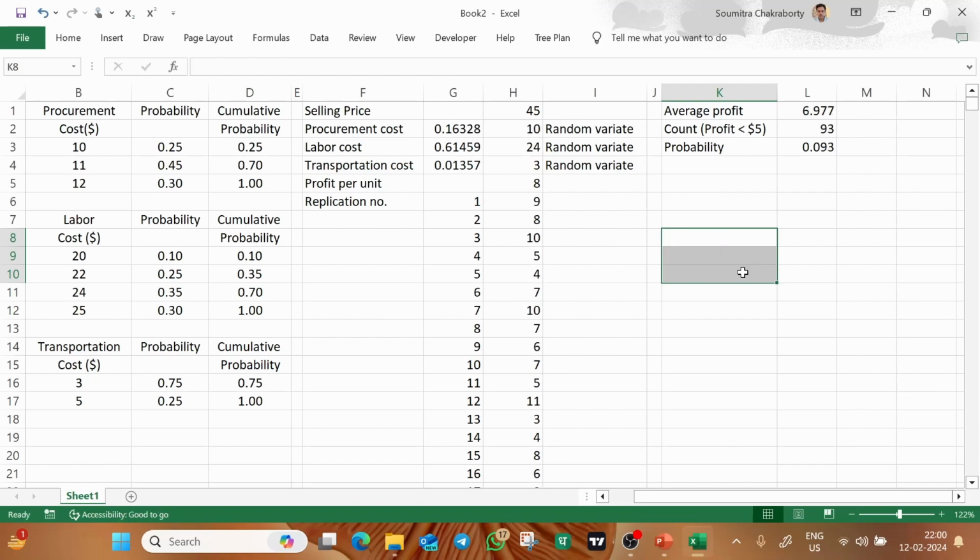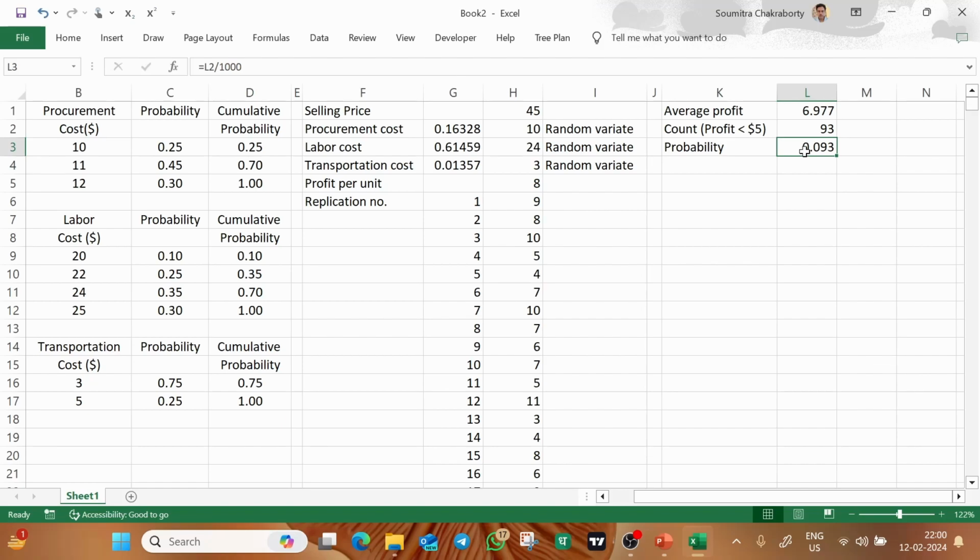So if you have watched the last video, you will definitely understand how I am building these data tables and using these COUNTIF functions, how to calculate the probability. All these things are actually explained in very details in the last video, so please watch that. So that's it. In this way you can calculate the average profit and probability of profit being less than 5